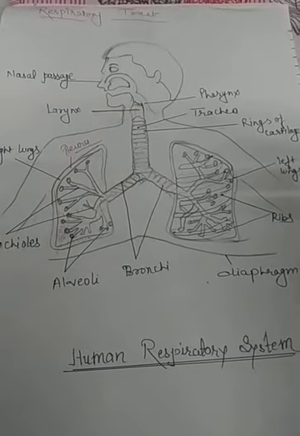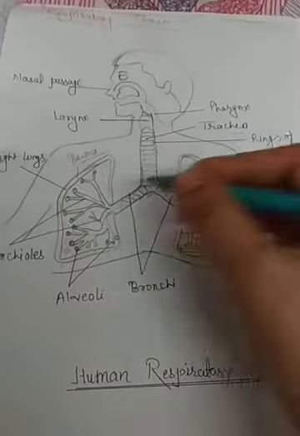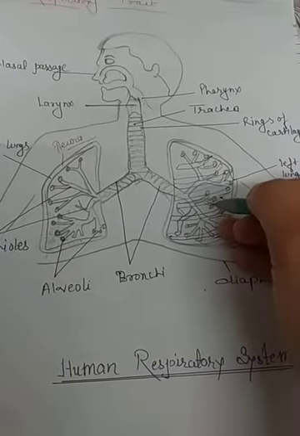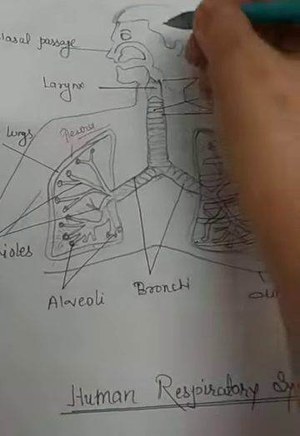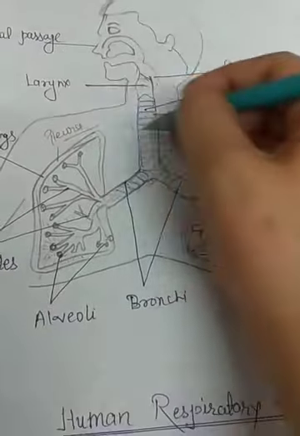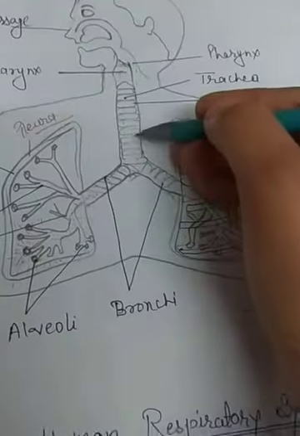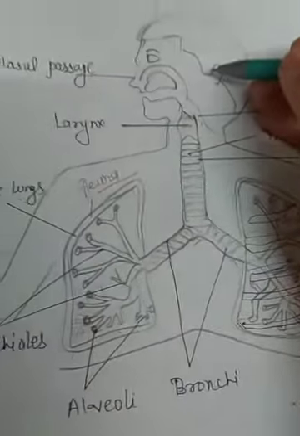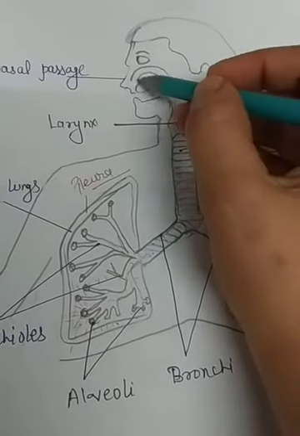Let's discuss the structure of lungs. Lungs are the major part of the respiratory system. The system is divided into two parts: the upper respiratory tract and the lower respiratory tract. The upper respiratory tract includes the mouth and nose, nasal cavity,